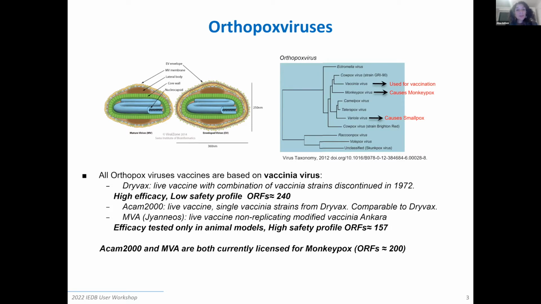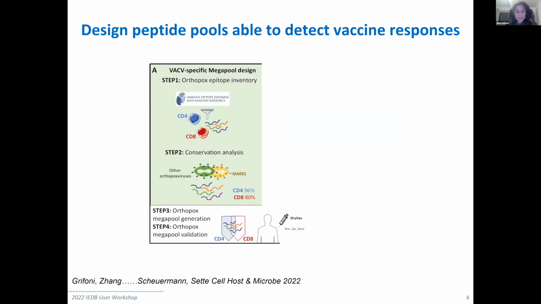So we were wondering if we could transition from this type of strategy, which is time-consuming and also requires a very high biosafety level, to the generation of peptide pools that can actually speed up T-cell response research in different labs worldwide. To do that, we have been designing peptide pools that were able to either detect